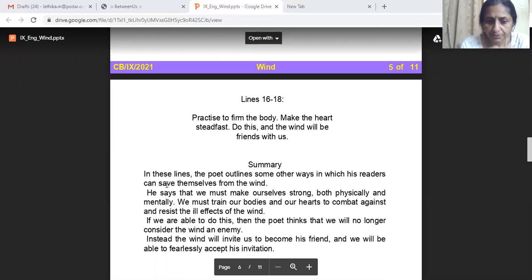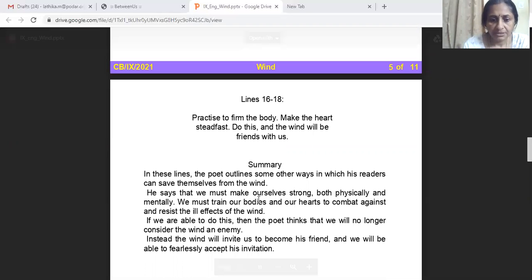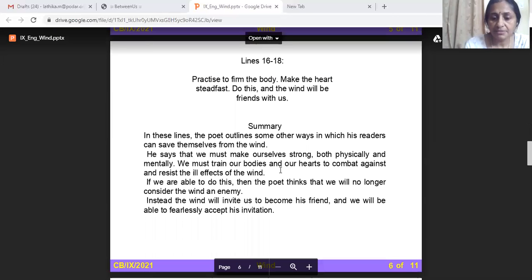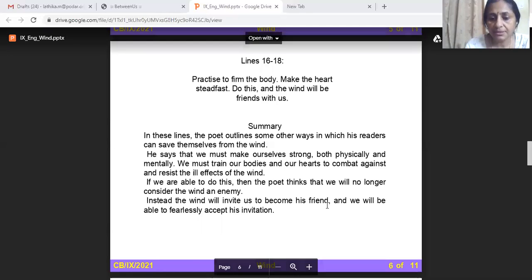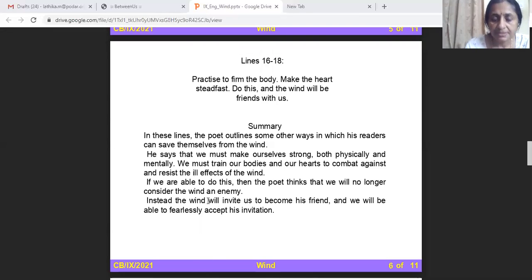In these lines, the poet outlines some other ways in which his readers can save themselves. He says that we must make ourselves strong both physically and mentally. We must train our bodies and hearts to combat and resist the ill effects of the wind. So we should be strong enough to overcome any harmful effects done by the wind. If we are able to do this, then the poet thinks that we will no longer consider the wind an